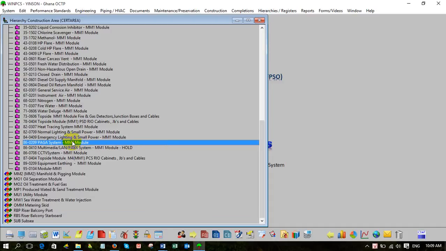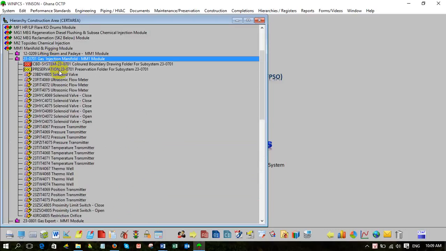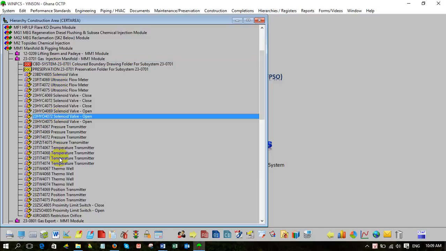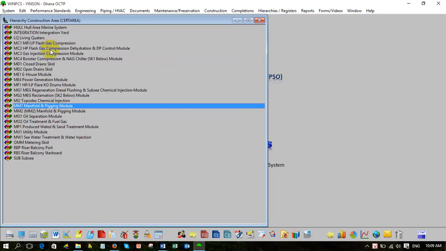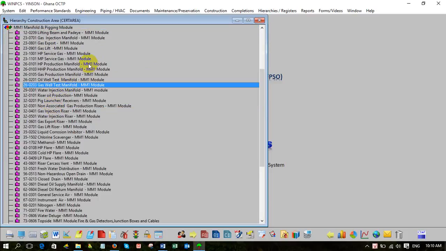And this now I got is instrumentation and cable. So all this transmitter, you already have an idea. Same thing. Anything you double click you can see. For example, if I double click MM1, I want to see the subsystem. I double click MM1. I can see the subsystem. Then I want to see the component on the subsystem. I double click again. So if I double click 230901, I double click inside, nothing.